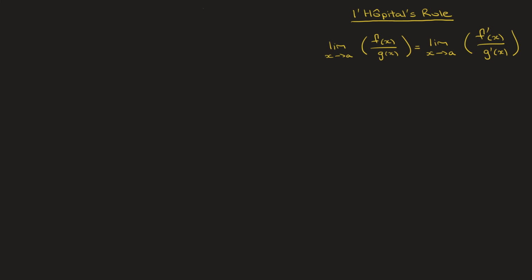We now learn about L'Hopital's rule. Put simply, when studying limits, we'll often be faced with limits looking like this: the limit, as x tends towards some number a, of a quotient of one function over another. So let's say f of x over g of x. Now, when this limit leads to an indeterminate form of the type 0 over 0 or infinity over infinity, then